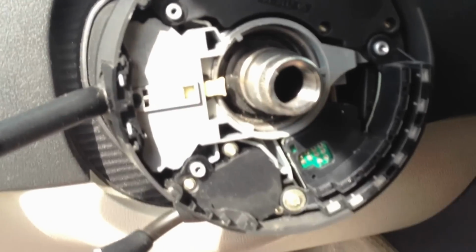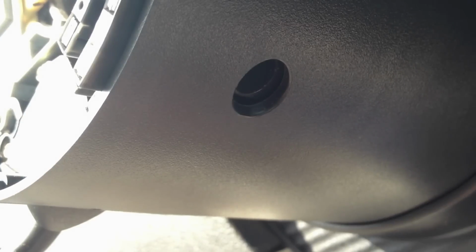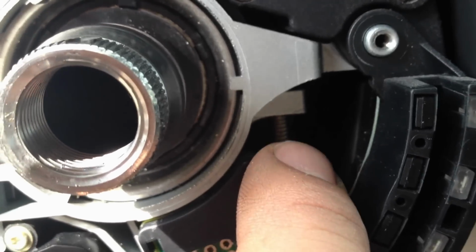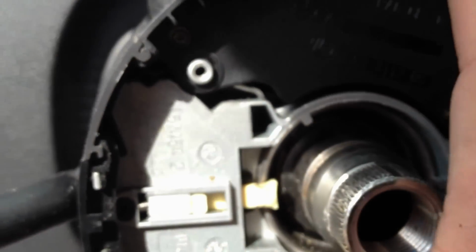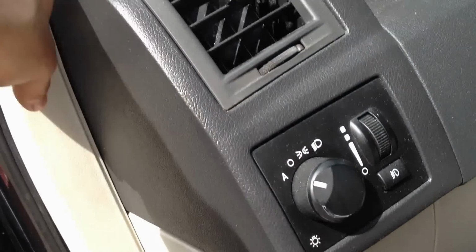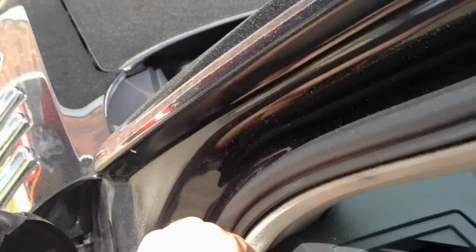I'm not going to really disassemble anymore, but there's one more screw right here that you would take off. If you can see it, that screw right there, take that off. That releases this screw right here, and once that comes off, this whole thing will just slide right forward. So once that comes off, then you can take off this little side trim, which just has a couple little